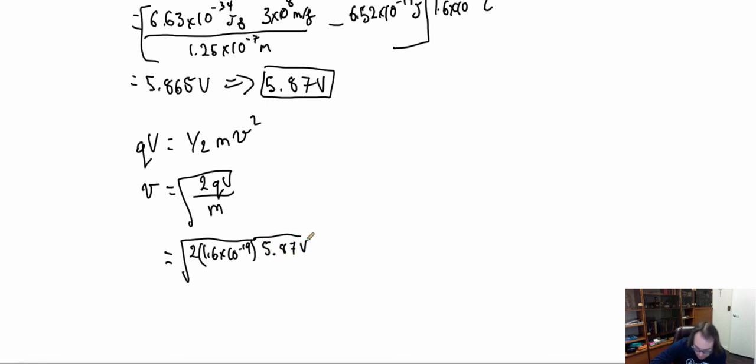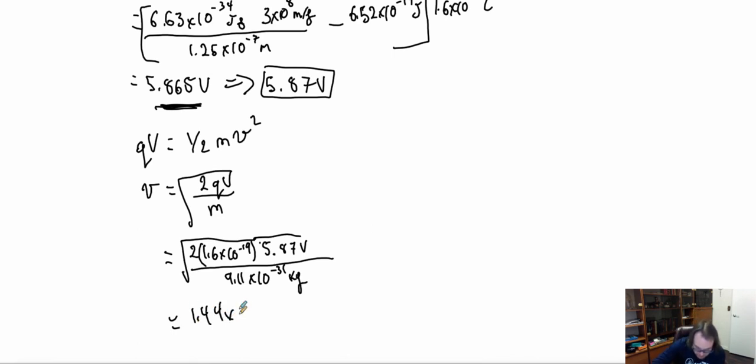That's my stopping potential. I would try and use the non-rounded one when I'm plugging it into my calculations. Then I'm going to divide it by the mass of electron, which is 9.11 times 10 to the negative 31 kilograms. So when I calculate all this, I'm going to end up getting